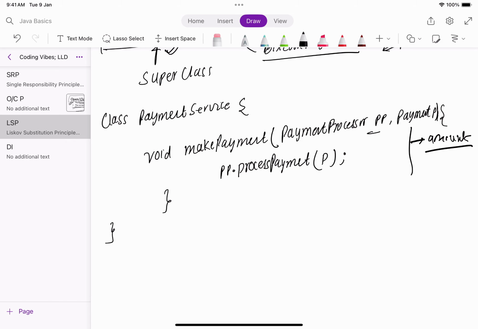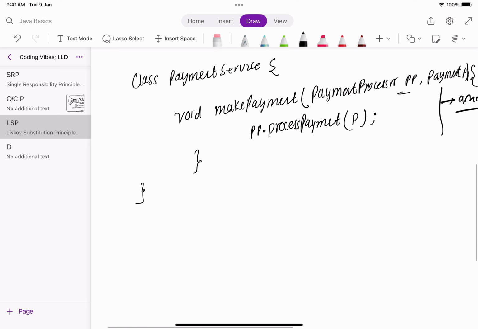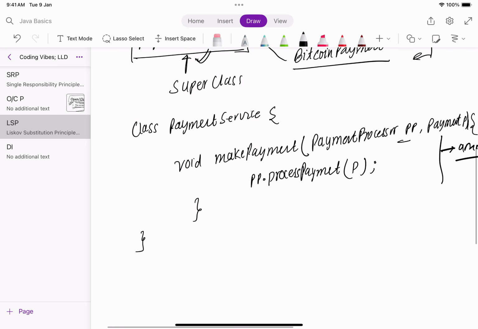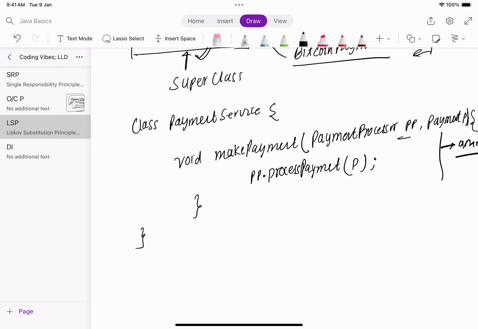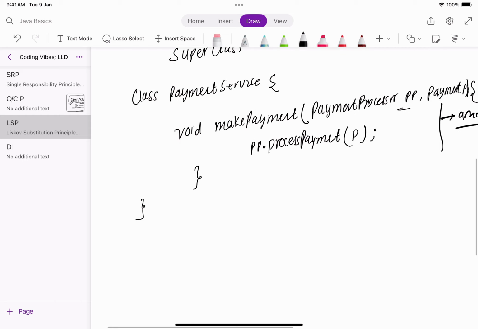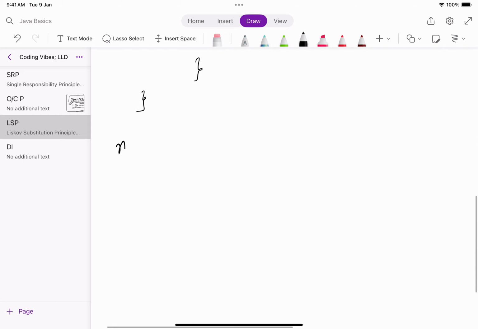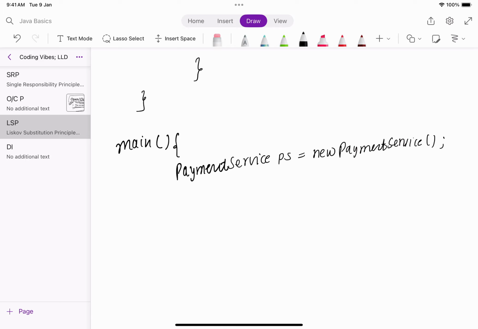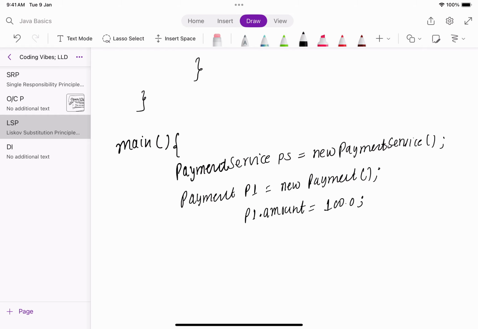Now let's try to see how we can use these classes to demonstrate Liskov substitution principle. Let's say we have a main method. Let's initialize our payment service in the main method. Let's create a payment object as well, payment P1. Now let's say we want to process this P1 payment using the PayPal payment method.